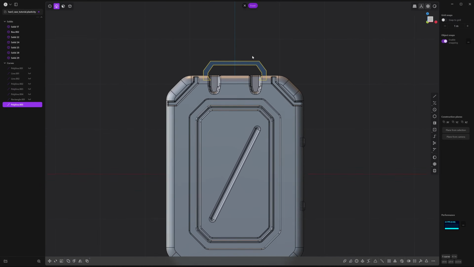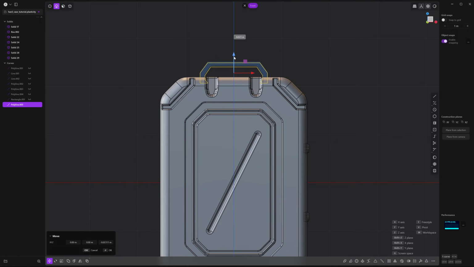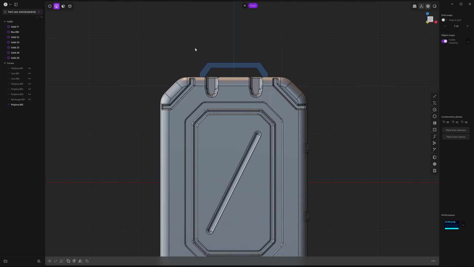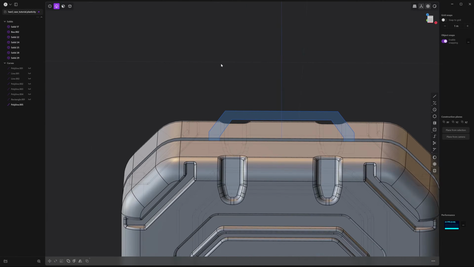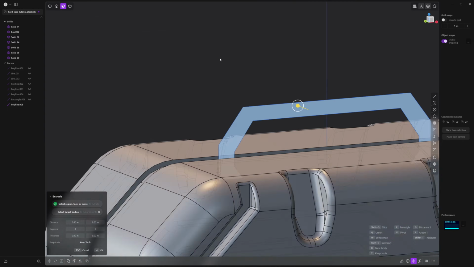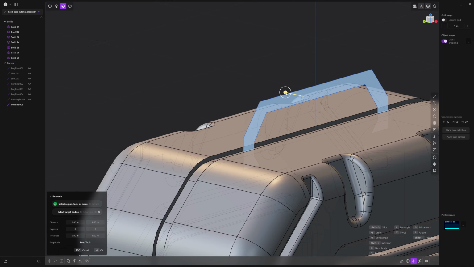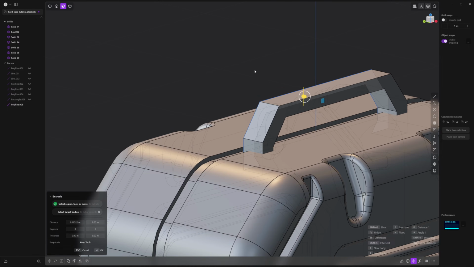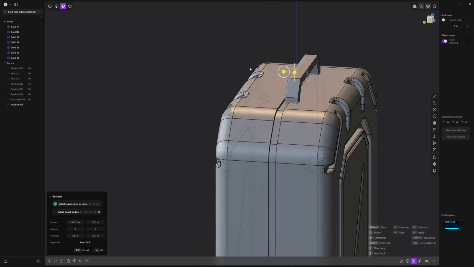Let's just see what that looks like. And again, it turns blue once it's a closed surface, so you can just go to face mode, select that blue region, and move it to create a shape or a body.